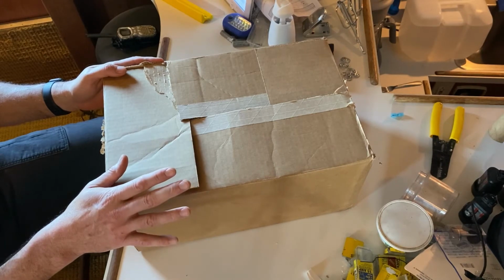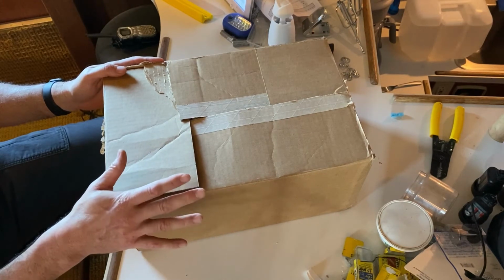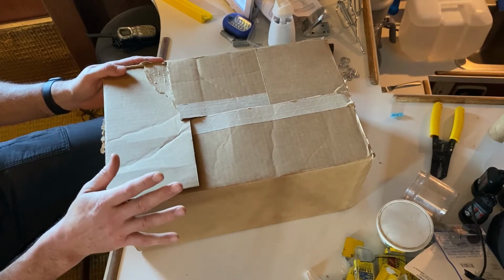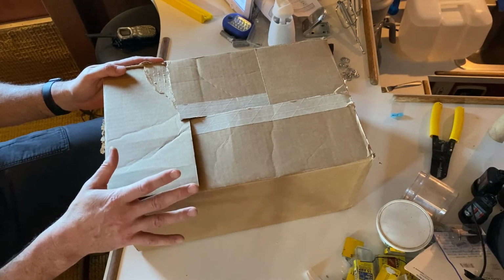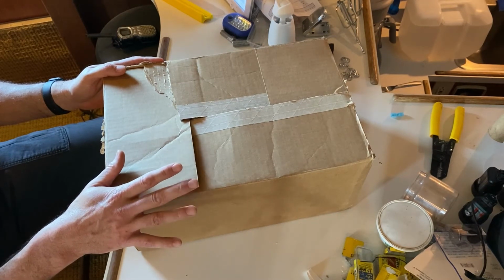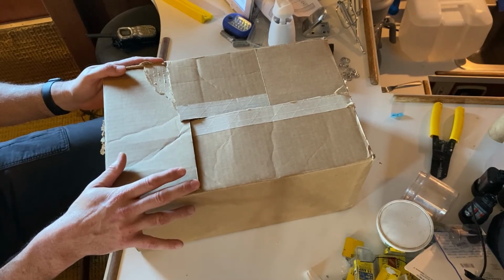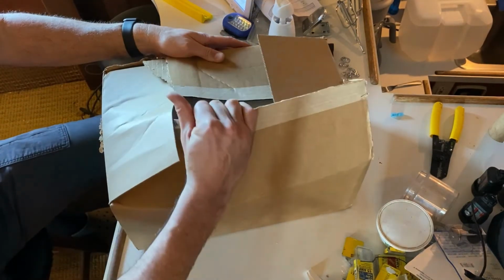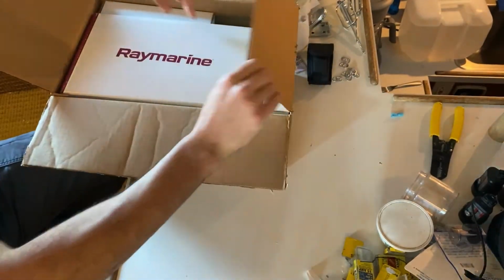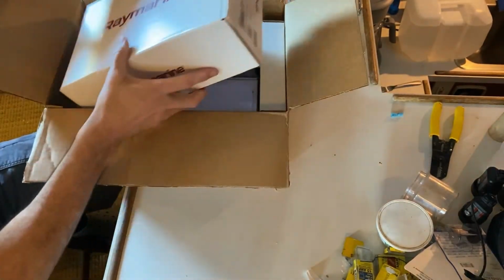And I have a Raymarine suite of electronics for the navigation side of things. So we got the Raymarine 650 AIS, and we got some Maretron tank monitors for some ultrasonic fuel gauge levels. So we're going to go through getting that stuff out today. So in the box,